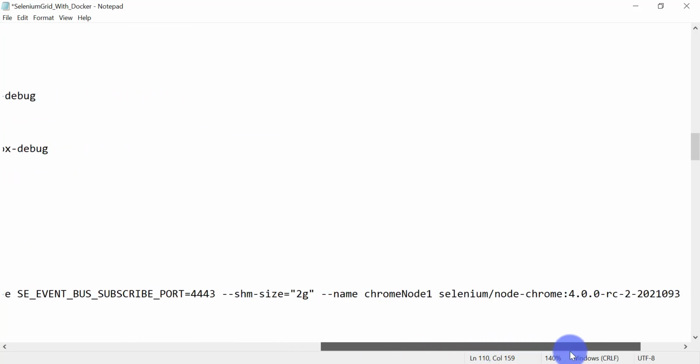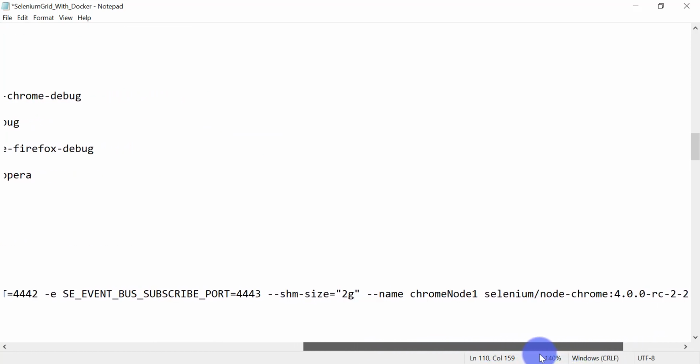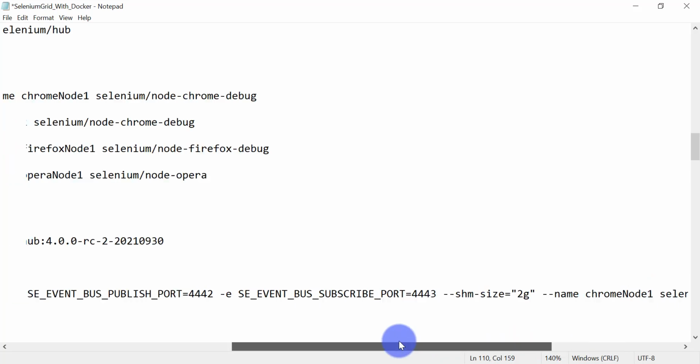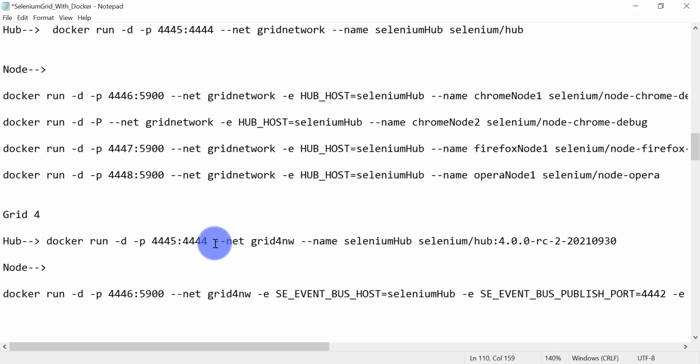Okay, so this is the complete command for creating our first Chrome node container from this image. You can see 50% of it is very similar to our Selenium Grid 3 Docker command. Here we have just mentioned some different keys: SE_EVENT_BUS_HOST, SE_EVENT_BUS_PUBLISH_PORT, and SUBSCRIBE_PORT.